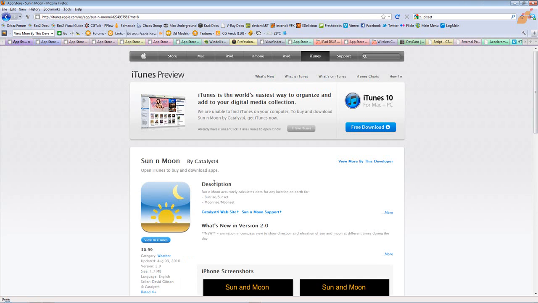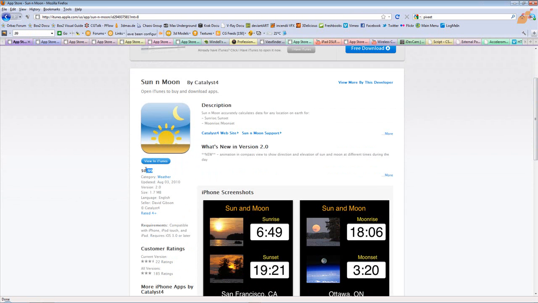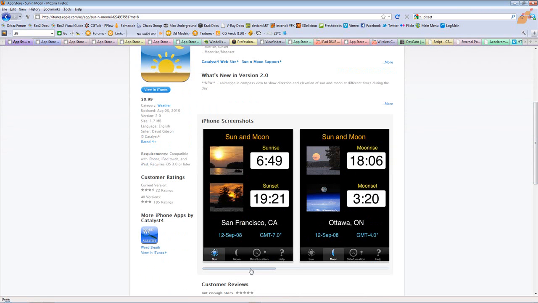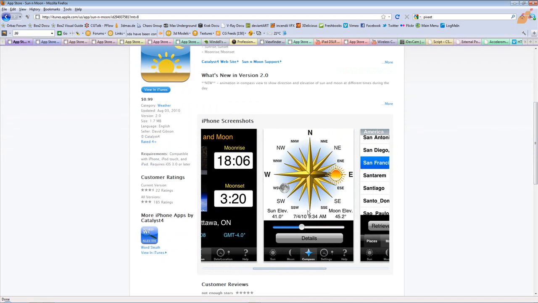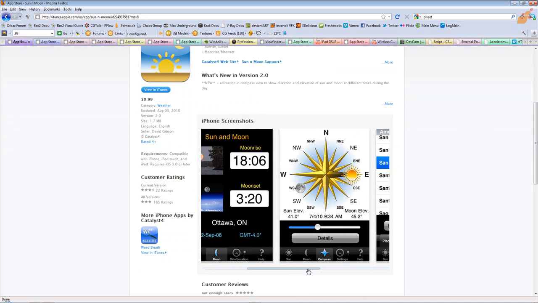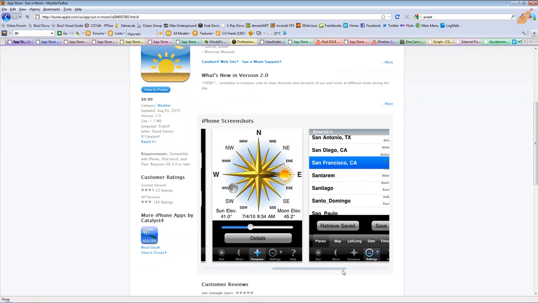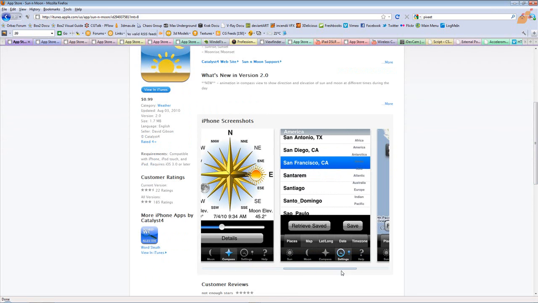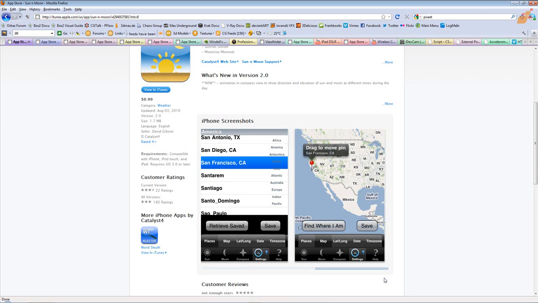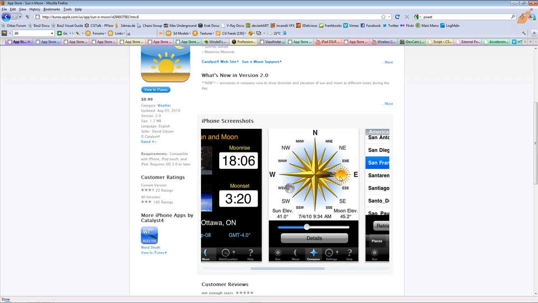And there's a second app that is a little bit cheaper, just 99 cents. It's called Sun and Moon, which does pretty much the same, just its overall overview is not as nice, like with the curves where the sun's going to be in where it was before and all that stuff. But it is pretty much the same. You let it determine, or you determine yourself where you are in the world and what time of the day it is, or you click Find Where I Am, and it gives you an idea where the sun is right now, angle-wise, on a compass, north, south, west, east,